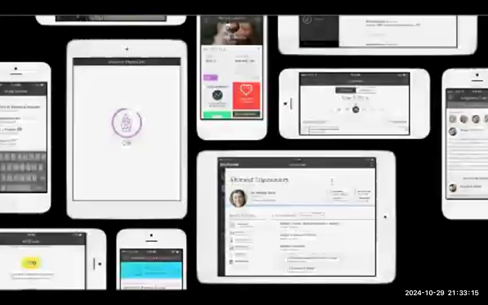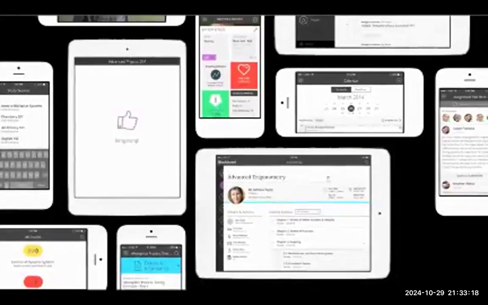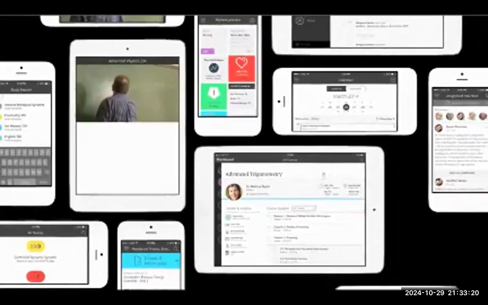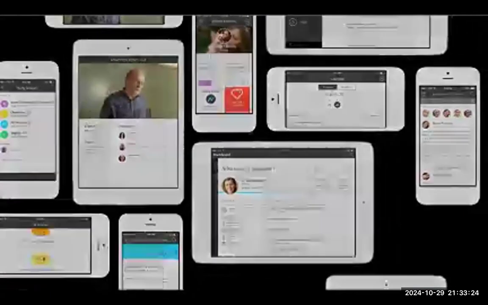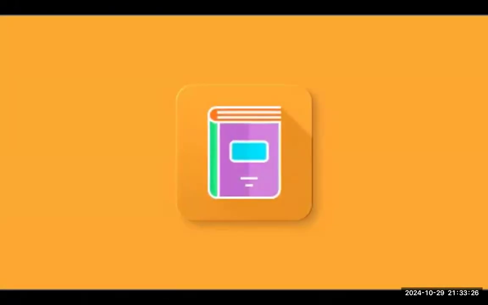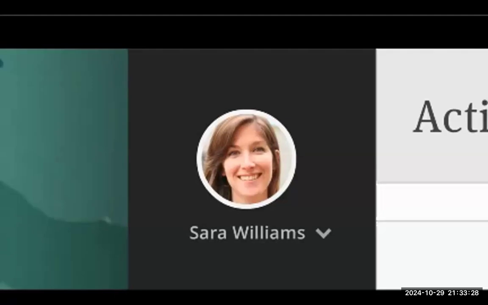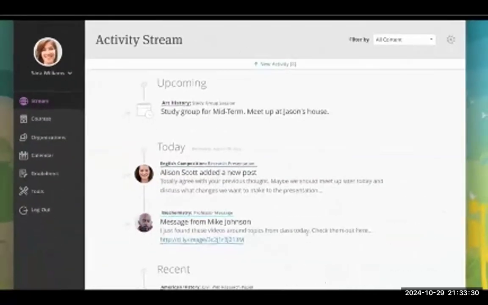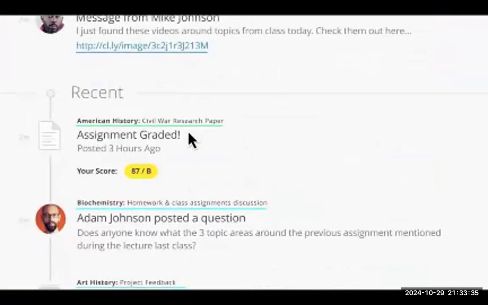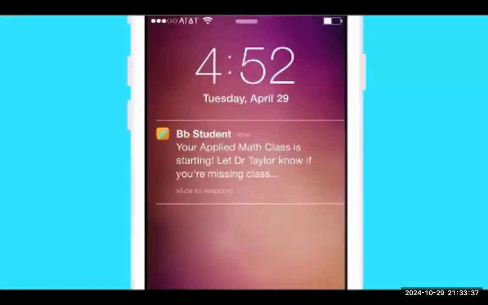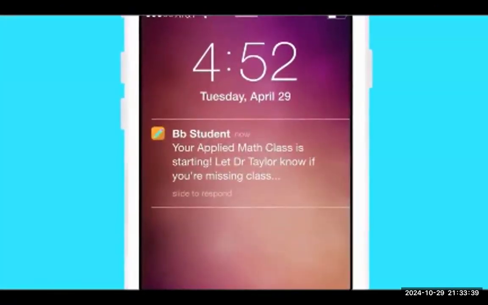The new learning experience is supported by our ecosystem of integrated solutions that span K-12 education and higher ed. Blackboard Learn, our flagship LMS, has been redesigned to support the changing needs of learners. With the new Ultra experience, learners receive curated notifications about their courses.